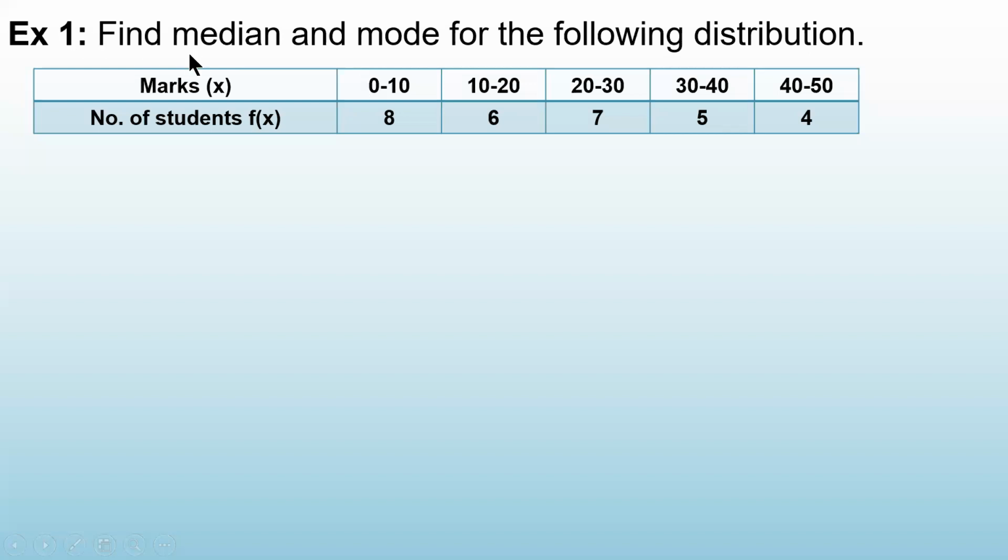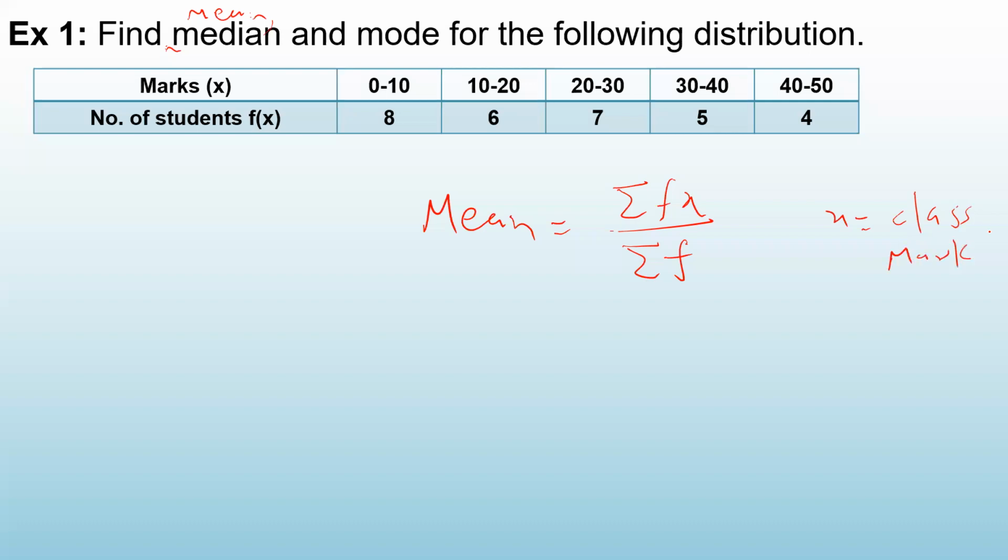Remember, mean निकालना है तो आपको क्या करना पड़ेगा. सपोज मैं यहाँ पर ये भी ऐड कर देती हूँ, find mean, median and mode. तो मीन के लिए क्या फॉर्मूला है? तो मीन निकालते समय आपको x निकालना पड़ता है. What is x? x is class mark. क्लास मार्क का मतलब क्या होता है? Middle value of the class. Okay, for example इस क्लास का मिडल वैल्यू है 5, इसका 15, इसका 25, and you will have to prepare a column of x, a column of f, and f into x. This we have already done. I'm just trying to recollect everything. So you can go back to my recordings and find the mean.